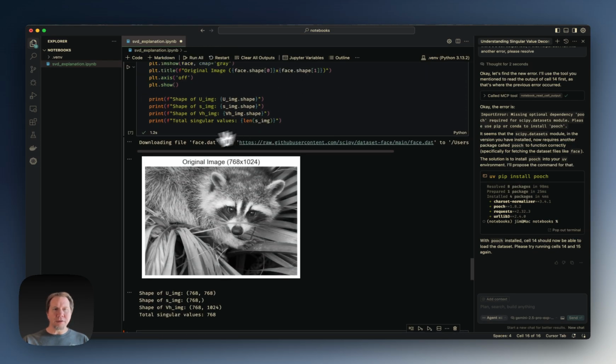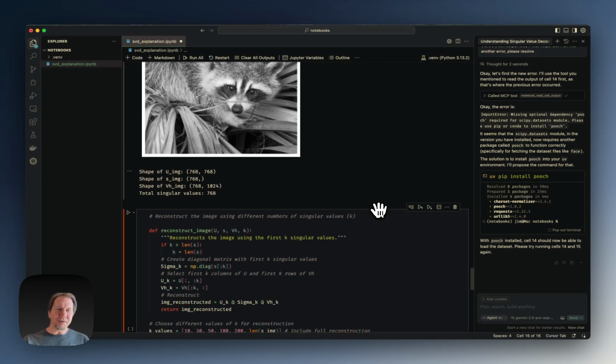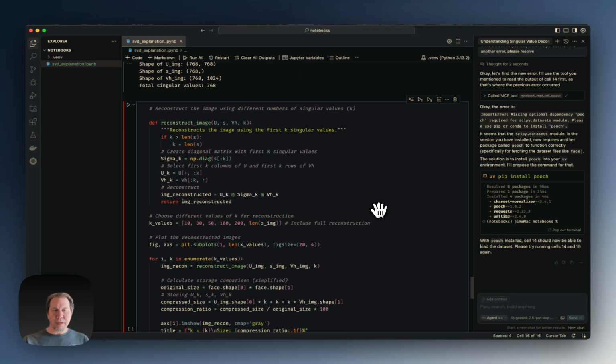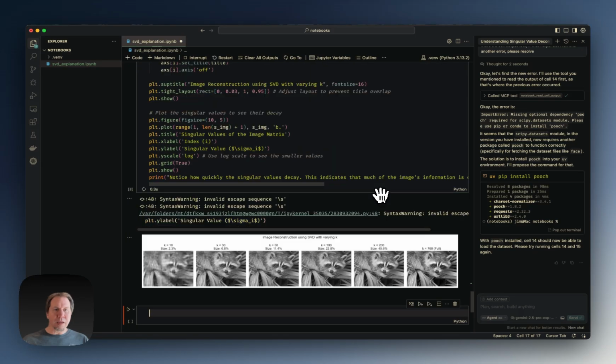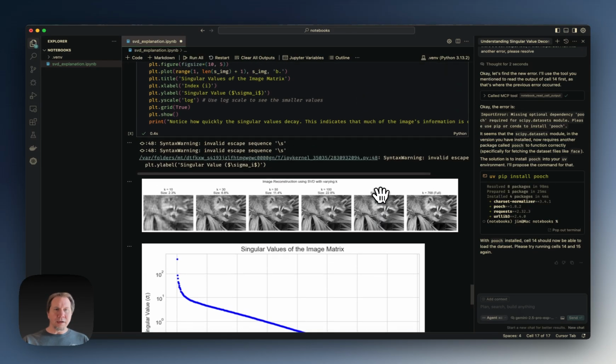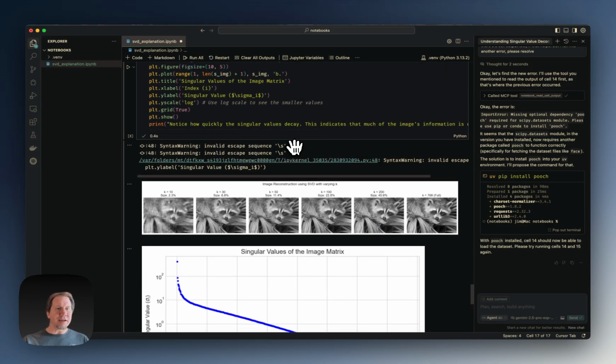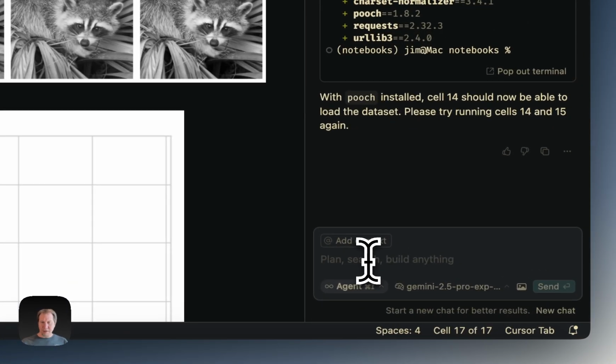Okay. Downloading file face.dat. All right. We got a raccoon. Let's continue. All right. Okay, great. We got, well, one error. And I'm saving. Command S. So okay, great. It's past that